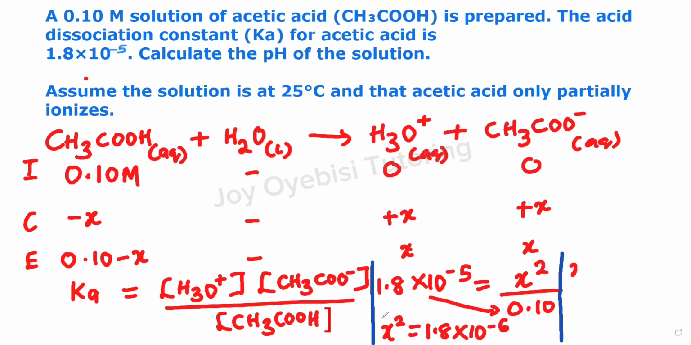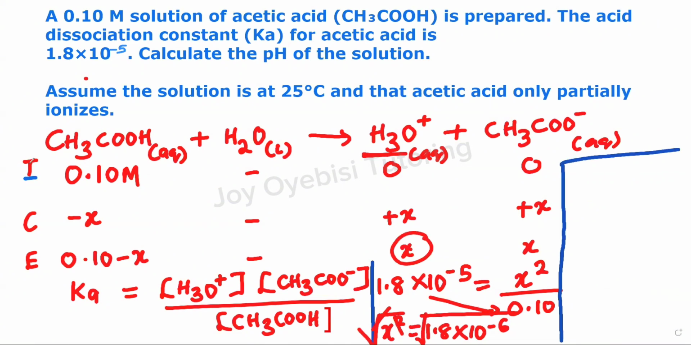To find the X, we're going to do the square root of both sides, okay? So that this will cancel out. After the square root, we'll have X equals 0.00134. And at equilibrium, H3O+ is equal to X, which means that the concentration of H3O+ is equal to